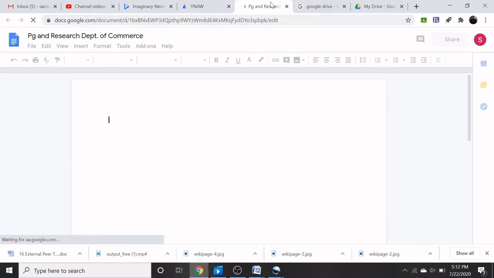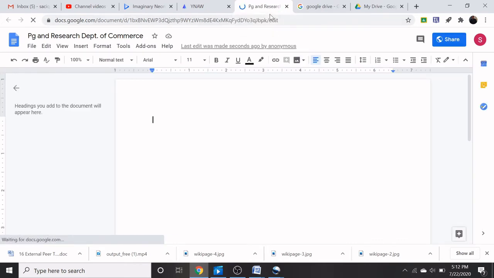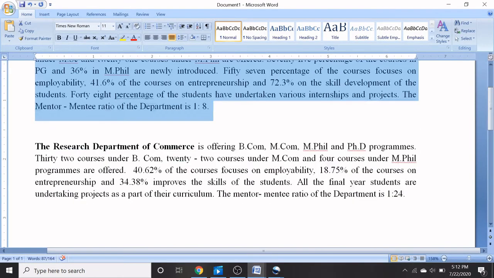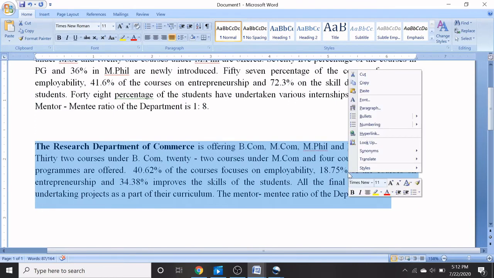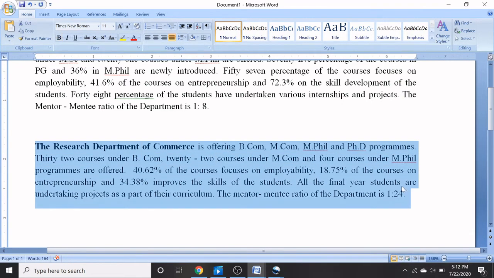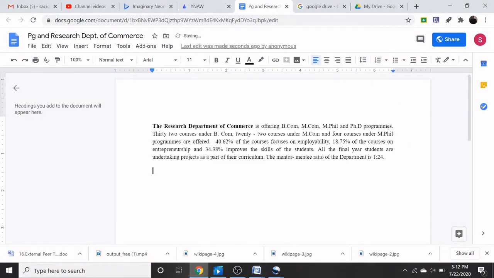A new document file appears in the new window. Now I am just going to copy some basic information. Just to paste here.